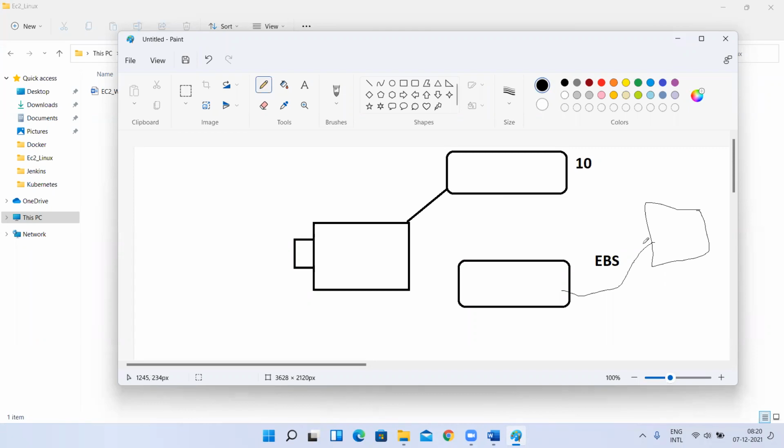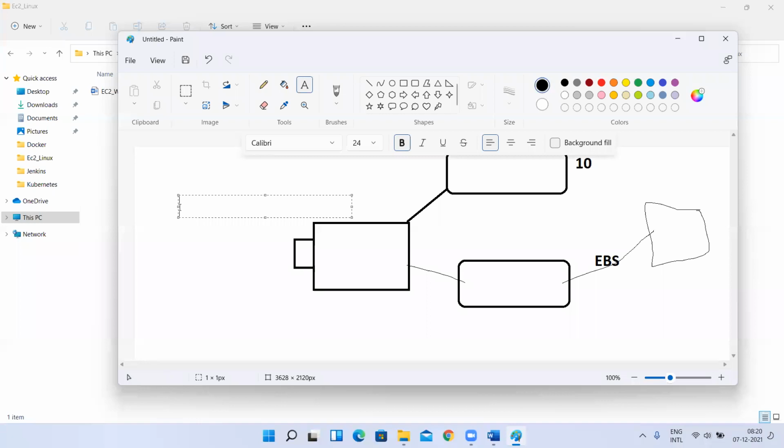One more point I thought to tell. Now I want a concept where a volume has to be shared by two instances. Two instances want to share the same volume. Is that possible with an EBS volume? At a time, it is not possible.